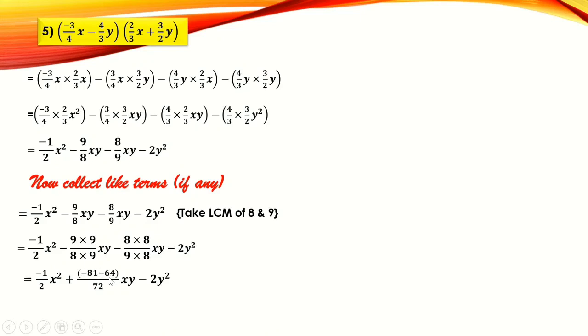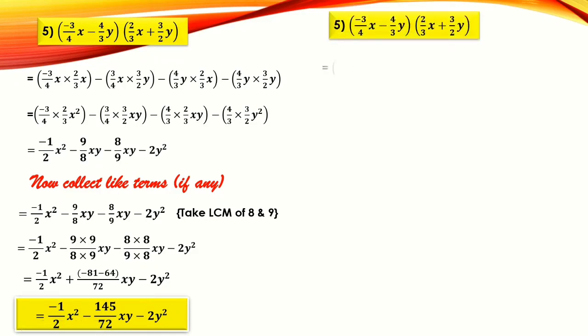Again, as I told you earlier, it is up to you how you want to do the calculation. But this concept should be very clear: when you are dealing with the signs, they should not get changed. You should not change the question. I have not changed the question, because if I try to multiply it back, I'm going to get this minus again only. Right? Now, same sign, add and put the same sign. So plus minus 145 upon 72xy minus 2y². Now let's see one more way of doing the same question.